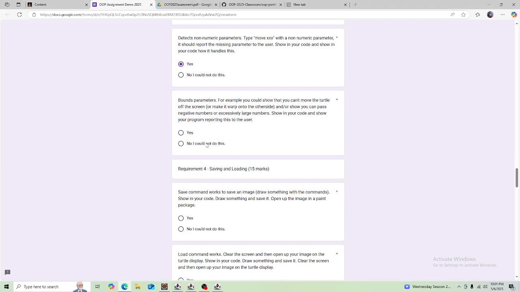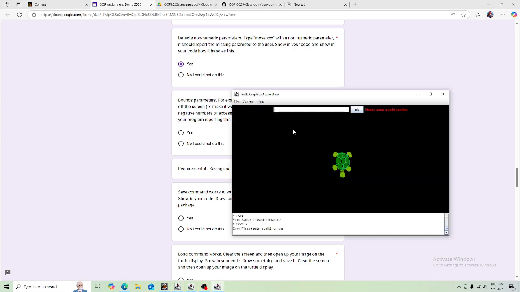Let's just click yes. Bounds parameters, for example, you could show that you cannot move the turtle off the screen or make it warp into the other side, and or show that you can pass negative numbers or excessively large numbers. I'm just going to show this in the program first. So if I type in move and I type in 7,000, all right,